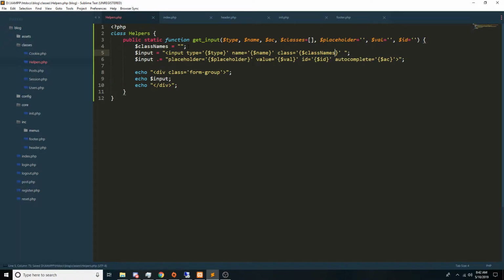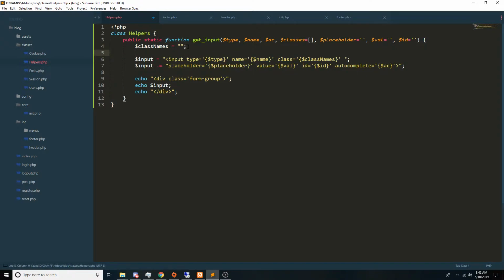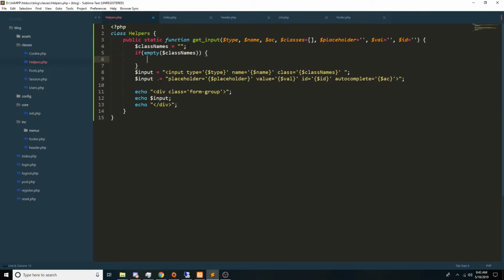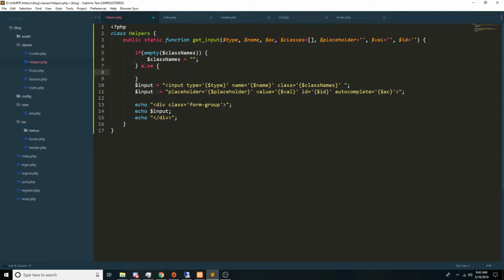So now that's gotten rid of the class error, but let's actually convert the array to our string. So the first thing we'll do is we'll say if empty $this class names, then we just want to leave that be. So we'll just copy this into that. And then we'll say if it's not empty, we'll say